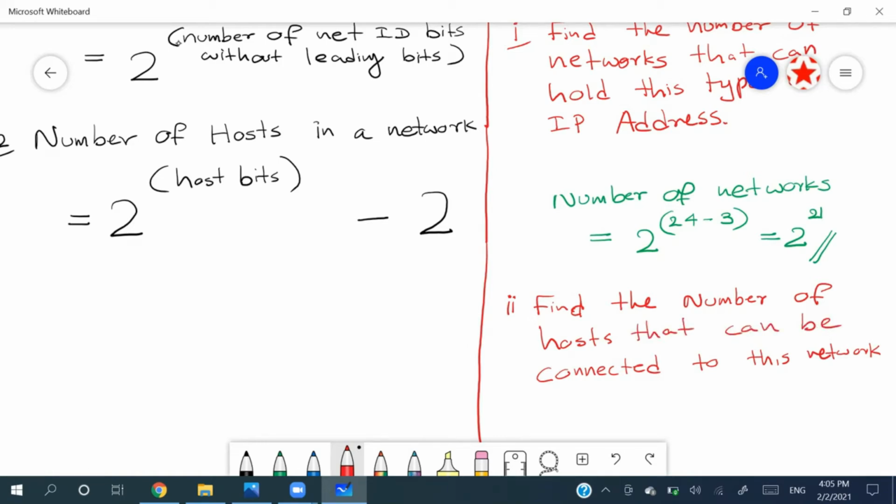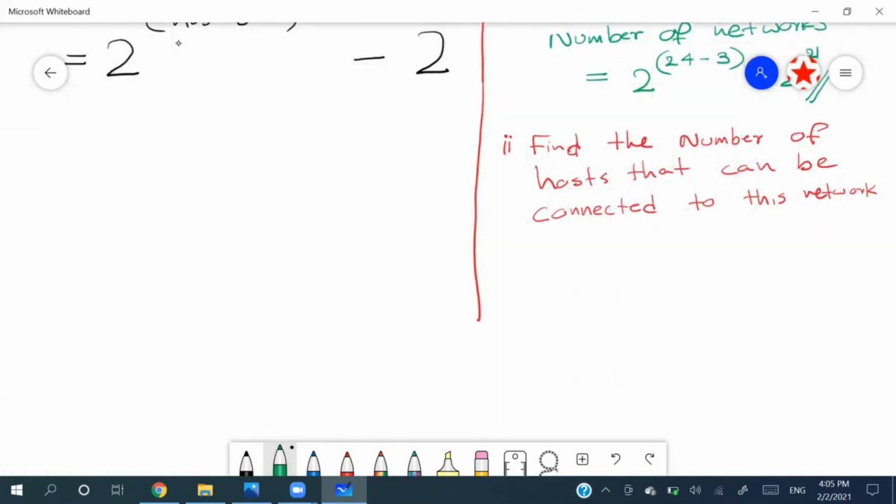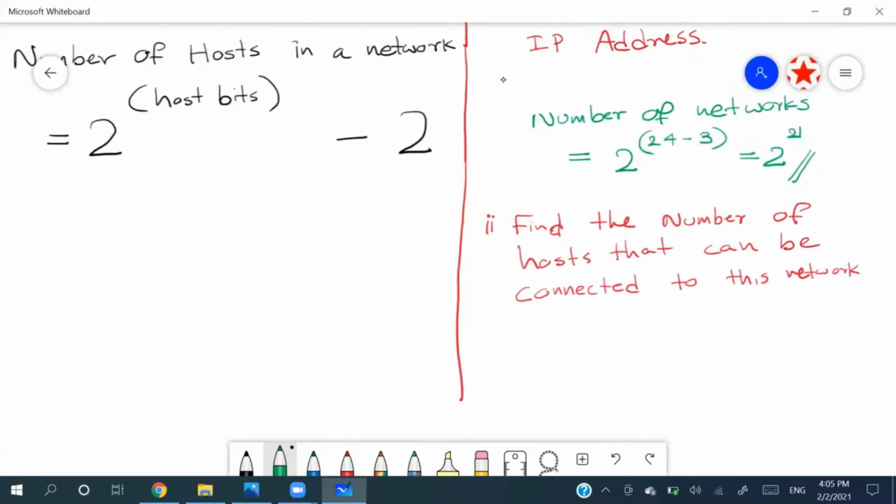Right. So it's a very easy thing to do. Now we know the answer. So how is it going to be? It's going to be equals 2 to the power host bits